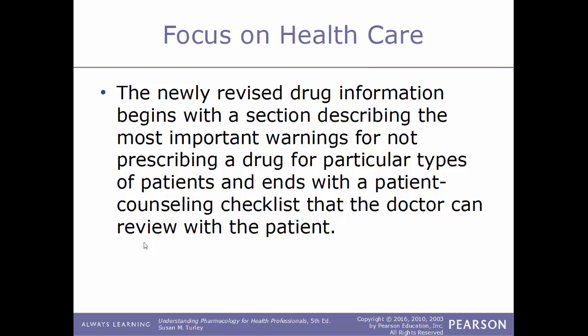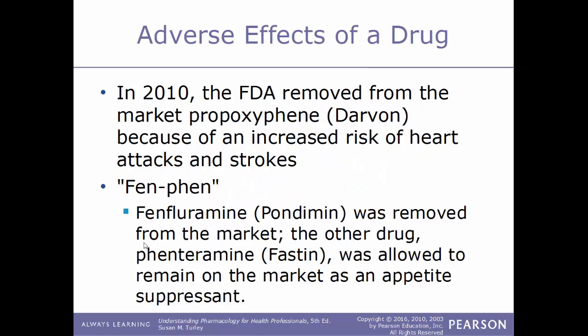So some of the more important points, the more important side effects, are listed in the very beginning of a drug information packet. In 2010, the FDA removed from the market the drug Darvon because of an increased risk of heart attacks and strokes. The drug known as fen-phen was removed from the market. This drug would treat obesity, while another drug that would treat obesity fasting was allowed to remain on the market